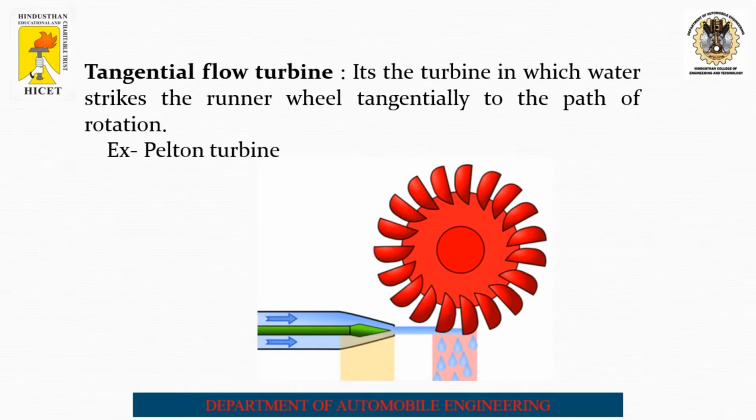Next we have the tangential flow turbine. The Pelton wheel turbine is the example for the tangential flow turbine. You can see here the water jet is striking onto the runner wheel in the exact tangential direction. So water comes and the kinetic energy is increased with the help of this water jet, which is made to directly hit the rotating runner wheel. By that, power generation is possible. So a good example is the Pelton turbine, as I told you.